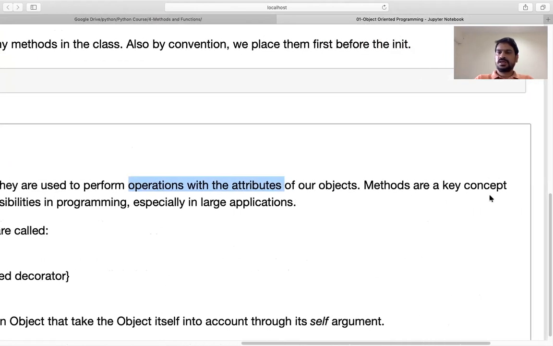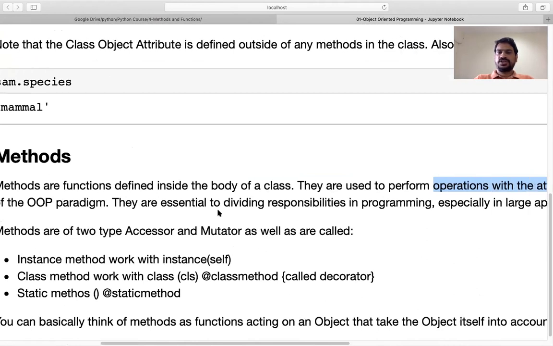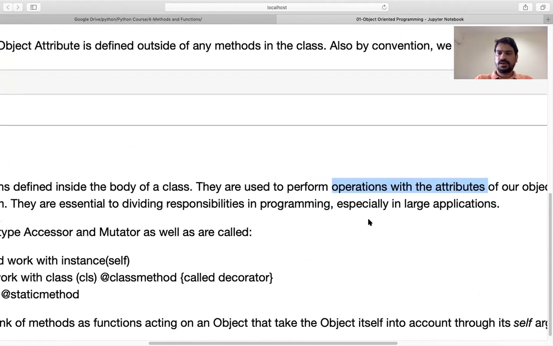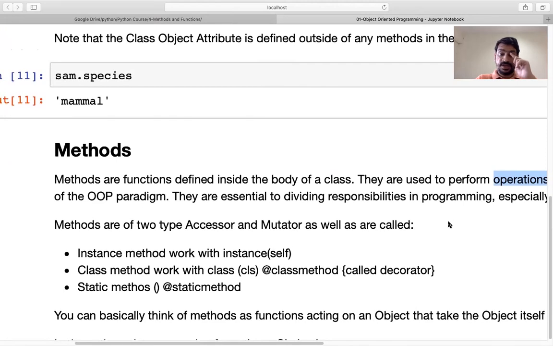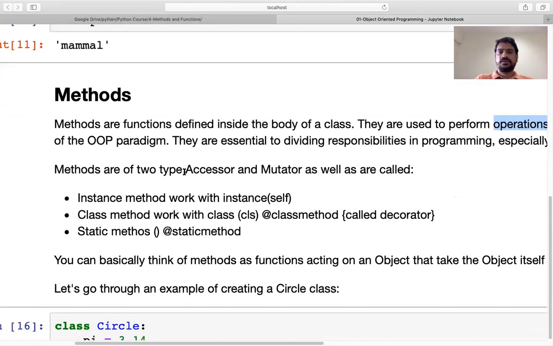Methods are a key concept of the object-oriented programming paradigm. They are essential to dividing responsibility in programming, especially in large applications. Okay, so in a large application, functions have a vital role. Methods are of two types: accessor and mutator.